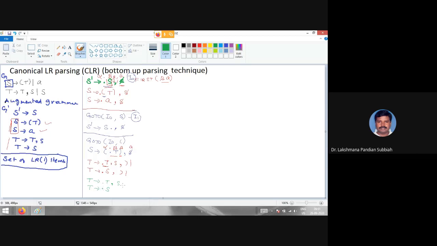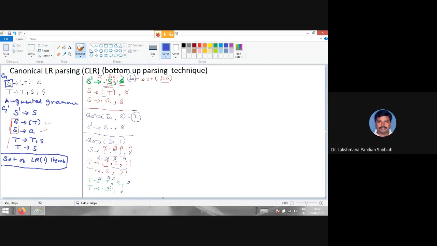Now you find out the lookahead: alpha dot B beta, comma A. Here the beta is comma, so you include that comma as a lookahead.